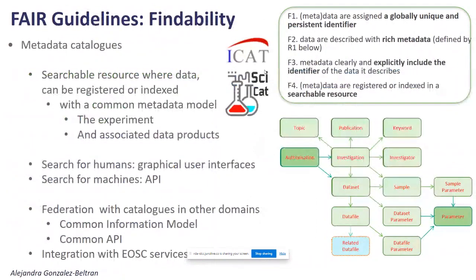Okay, it's good. So to quickly whiz through some of these, the guidelines we're looking at on these steps, and thanks to Alejandra Gonzalez-Beltran who produced some of these slides. The findability part. As I already mentioned, we're looking at a data catalog. We're using ICAT as one. We're using, in quite a lot of facilities, one called SciCat, very similar in some respects. And this gives us that searchable index catalog for our data, to give back to the users and indeed the wider community. And we've got a well-established data model underneath that to support the metadata.